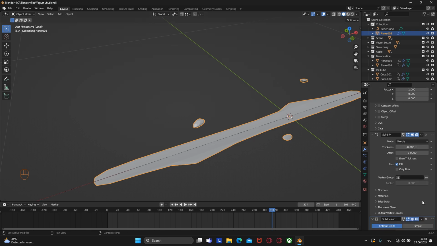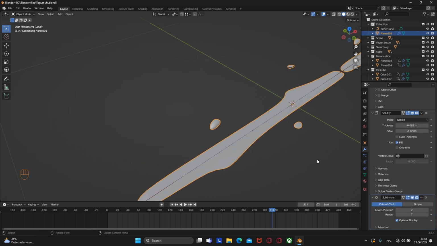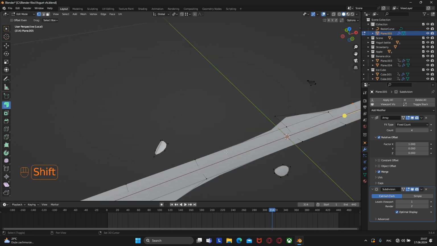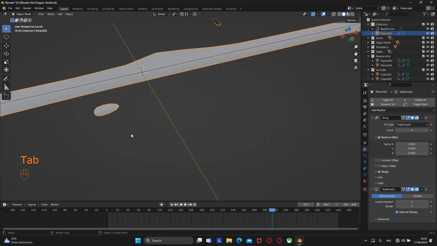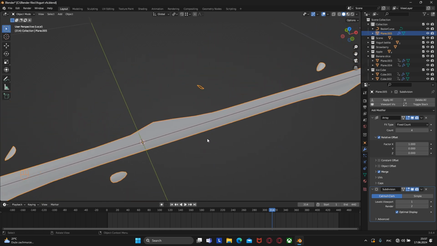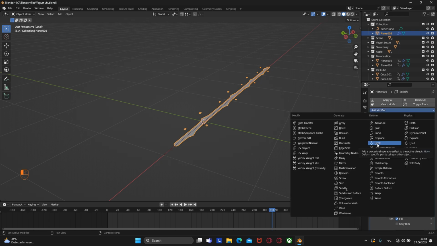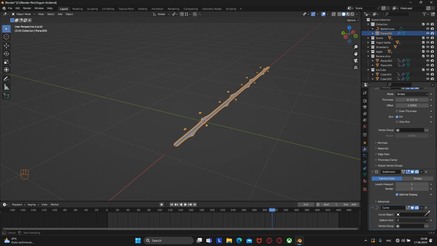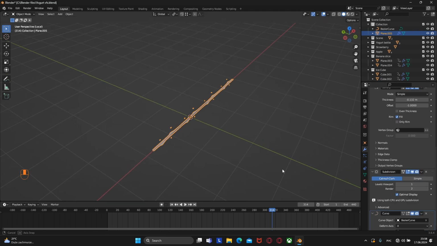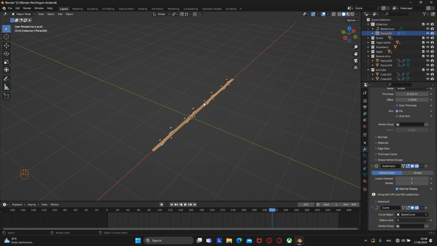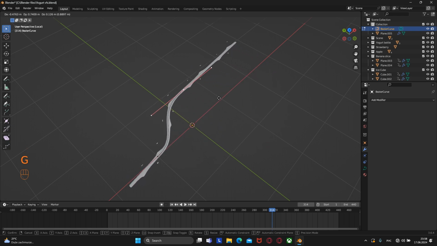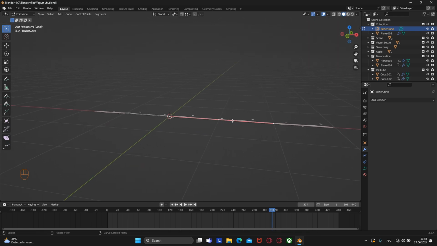Feel free to play with parameters until you are satisfied with the result. And if you have this problem with the array, just click on merge in the array modifier and it will be gone. And the last modifier we need to add is curve. And as a curve object, we need to select our Bezier curve. And now when we select our curve and in edit mode move any vertex, the plane will repeat the shape